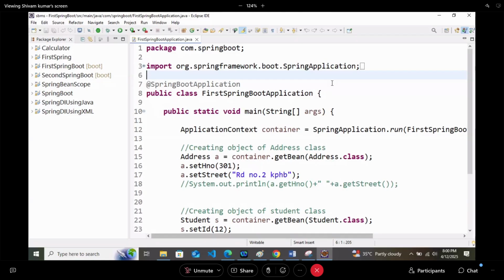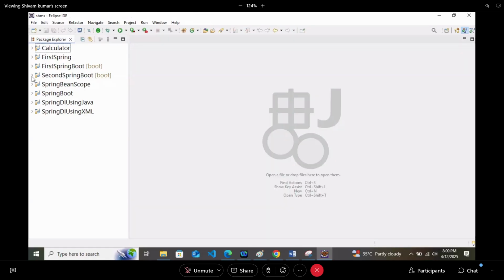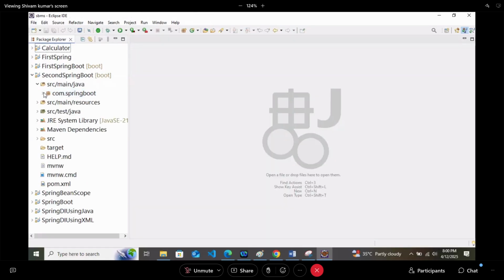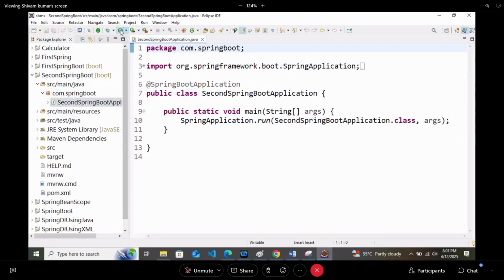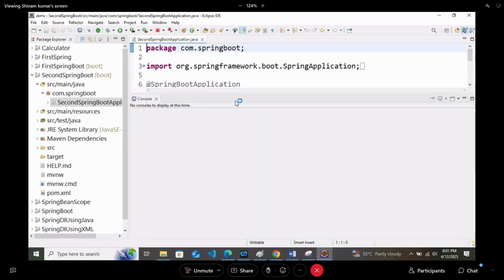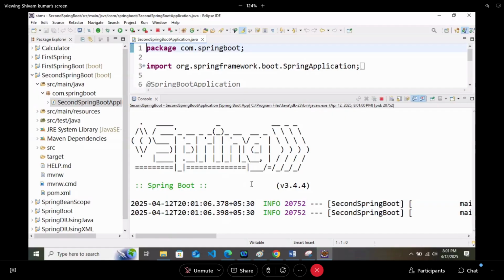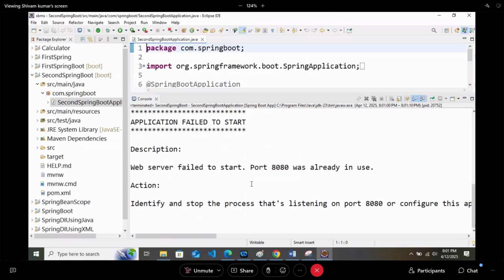So let's try this time. So directly I will try it with the second Spring Boot project. So let's try to run it. So again, it is telling the same problem that port 8080 was already in use.